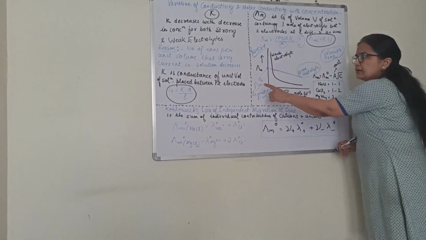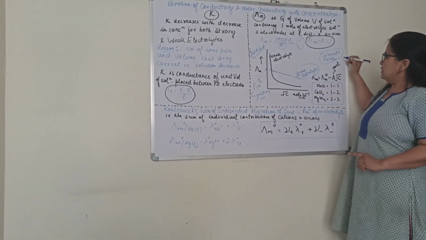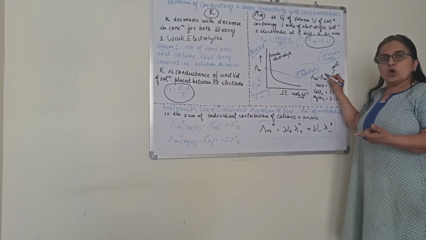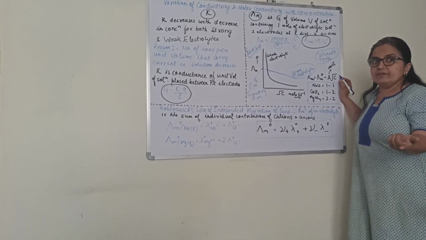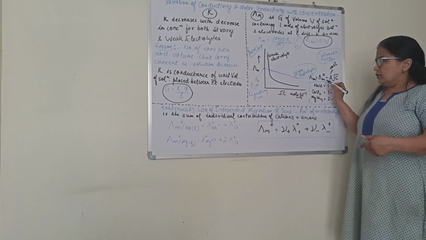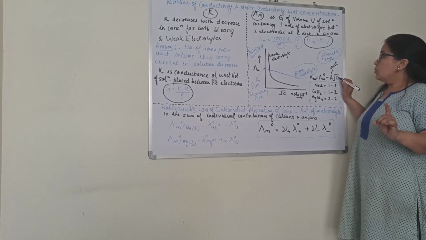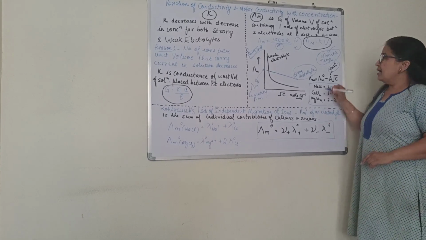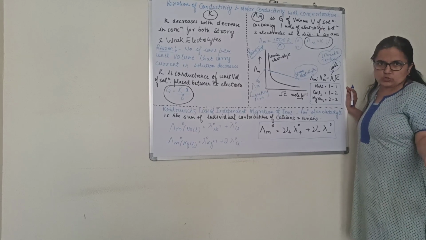Now, this graph is obtained from this particular equation, that is mainly for strong electrolytes. Lambda m is lambda m naught minus A into root c, because lambda m naught otherwise for weak I am not able to calculate. So this lambda m naught of course is the infinite dilution. A is a constant. Constant value depends upon the nature of the solvent and temperature. Now what temperature, of course with temperature ionization will change.